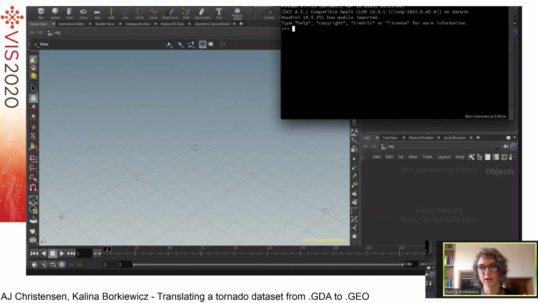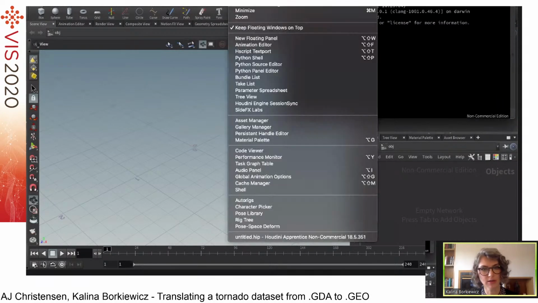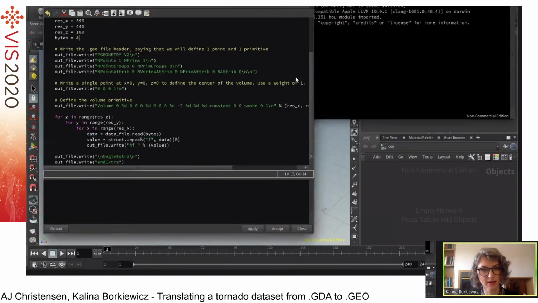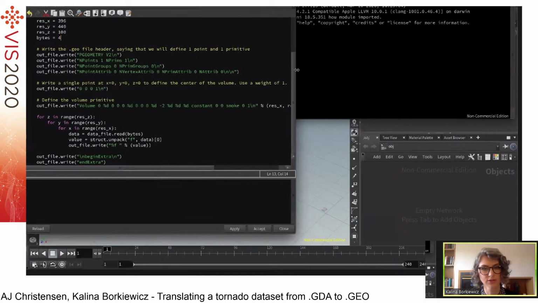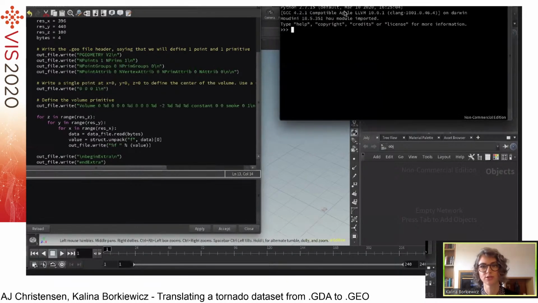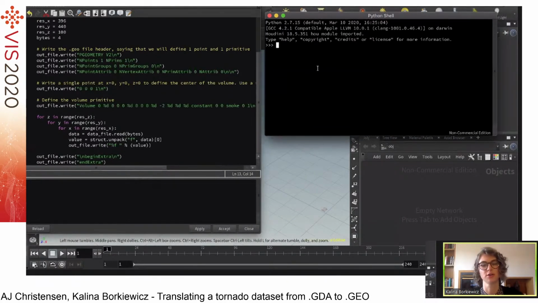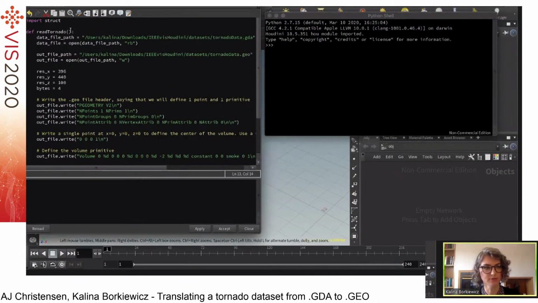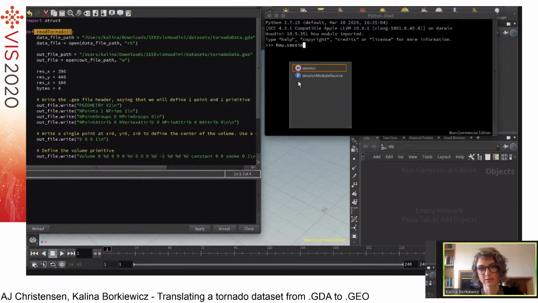And actually, you could have both open side by side. Maybe I closed it too early in case I need to go back and edit it. You can just look at it as you run it as well. But what you want to do in the Python shell to now run this code is call our read tornado function that we defined. And the way that you do that is, since this is defined within this Houdini session, you say hou.session, and